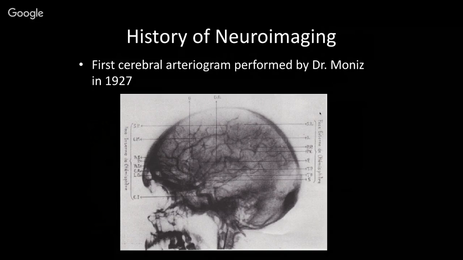Now, Dr. Moniz did a series of 9 patients back in 1927, injected a number of different substances, some of which were actually quite caustic and resulted in some fairly dramatic and adverse responses in those patients at that time. But this ultimately ended up leading to cerebral arteriography, which has been an extremely valuable diagnostic approach, and has also paved the way for a variety of different endovascular interventional approaches over the years as well.